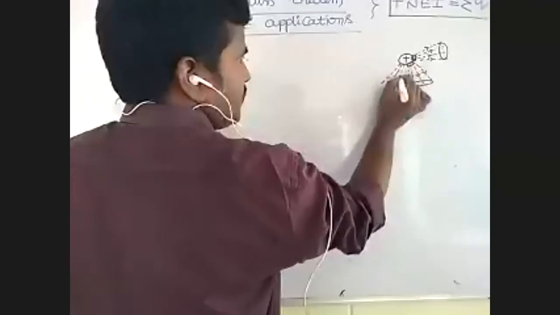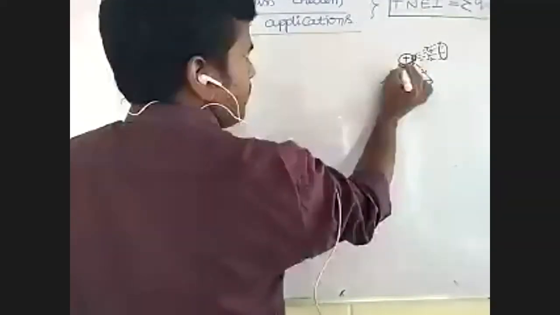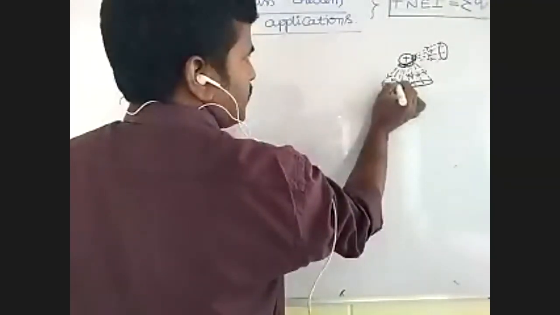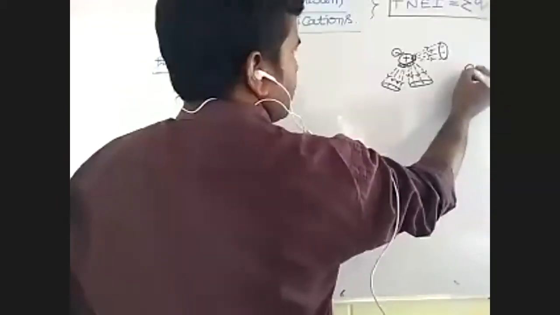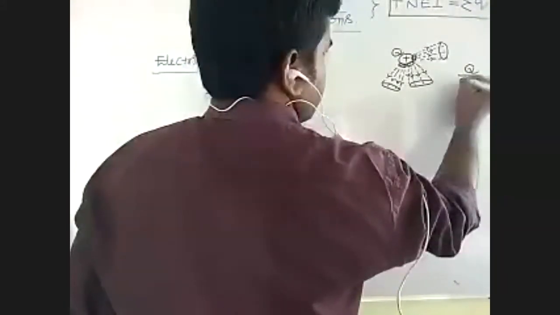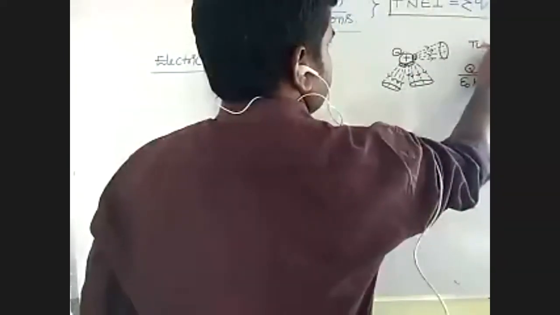The group of lines of force joined together is like a tube-like structure, nothing but a tube of force. Suppose a charge Q provides a number of tubes of force equal to Q upon epsilon naught K, where K is the dielectric constant of the medium. That means the tube of force depends upon